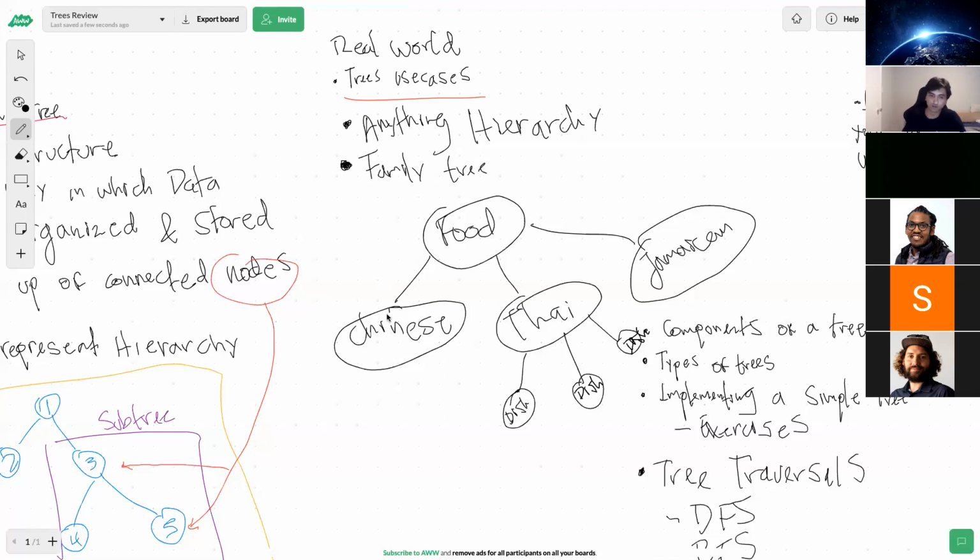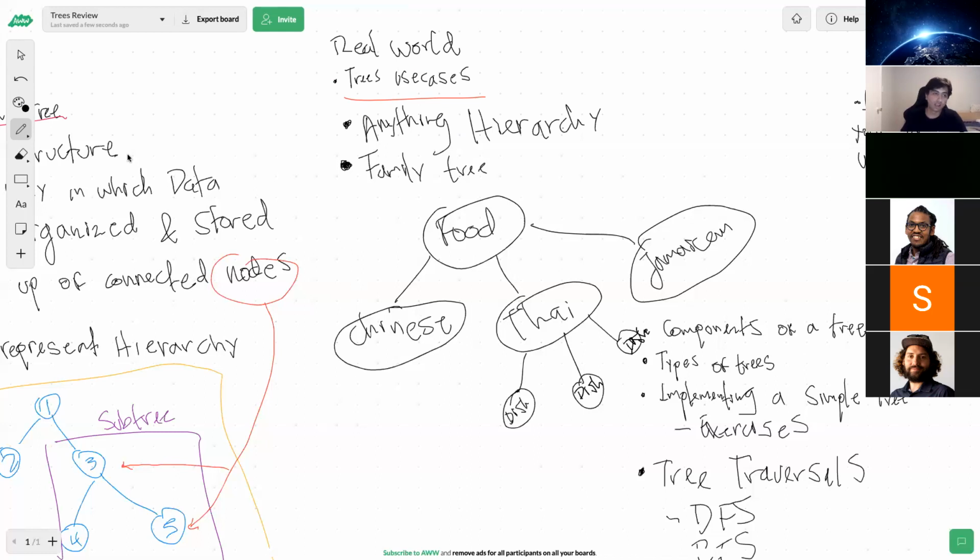This tree that we drew for storing food information has more than two children: Chinese, Thai, and Jamaican, 3 children of food, and 2 children for Thai cuisine, for instance.